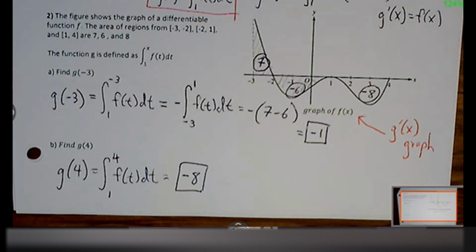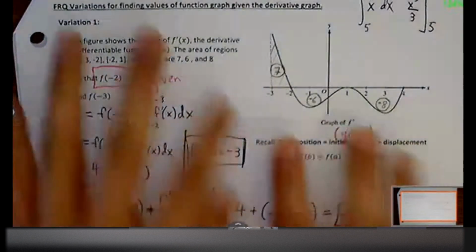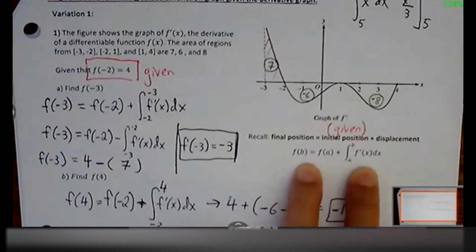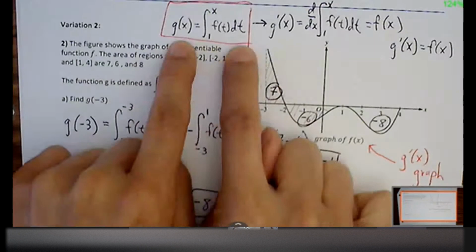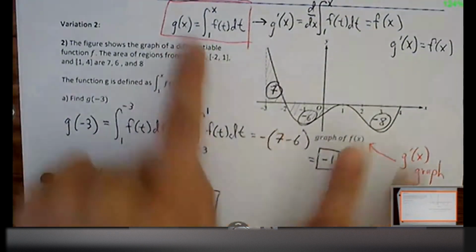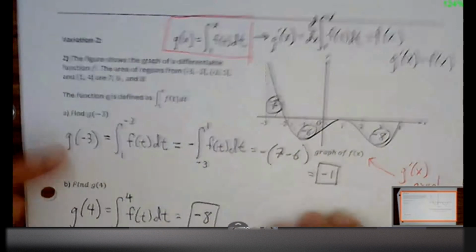Okay, any questions? All right, so the recap. If I give you a derivative graph and I don't give you a specific rule or a specific formula, then you have to rely on this final position equals initial plus displacement. But if I give you something like this, where it's explicitly defined, then you're still looking at a derivative graph, but you're just going to follow whatever this rule says. Don't attach anything else to it. There's no plus initial or minus displacement. You're just going to rely on this to find your ordered pair.